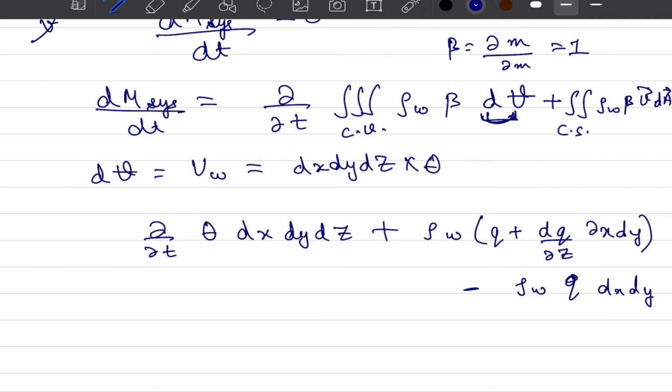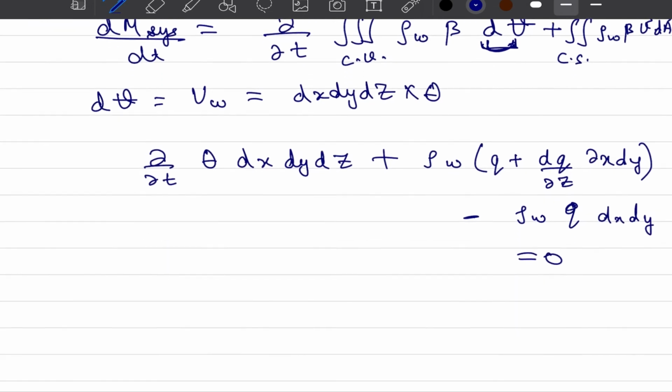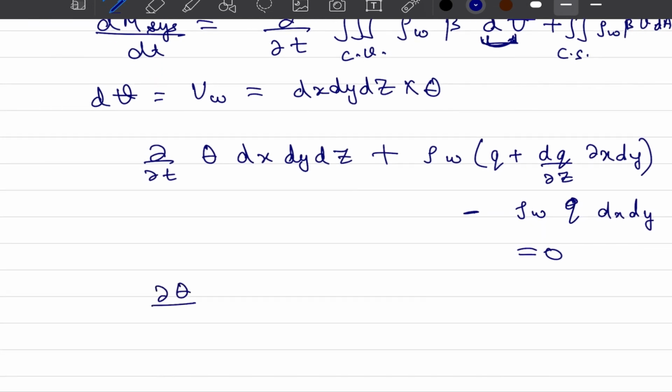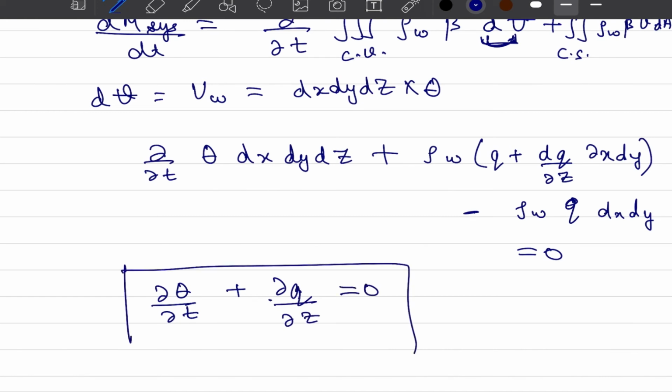So this should be plus, and this entire thing is equal to 0. And upon simplification, we end up with an expression of del theta upon del t plus del q upon del z equal to 0. And this happens to be our continuity equation for one dimensional flow through